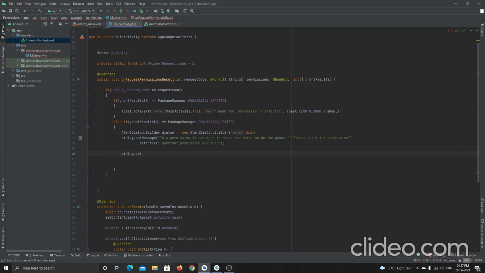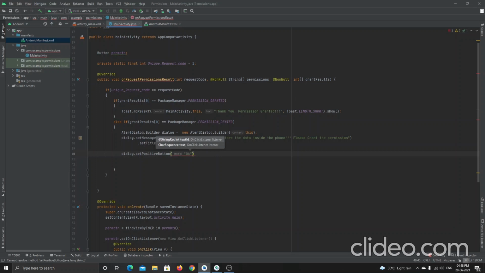Positive button means okay and all those things. Inside that I will use one button, that is okay.